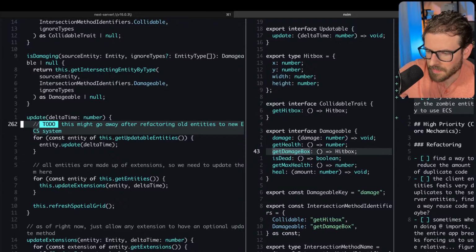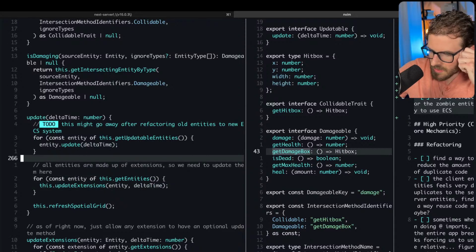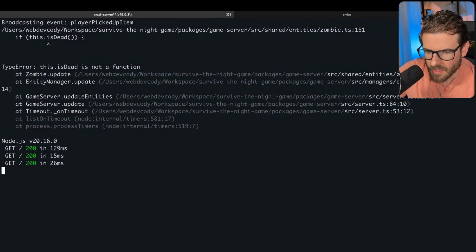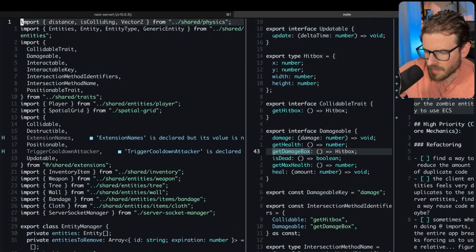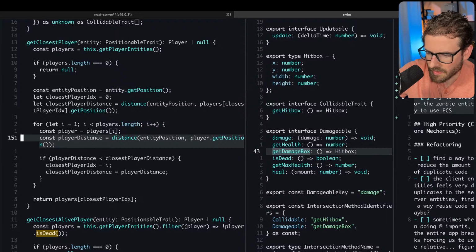Okay, so get updatable entities loops through them and updates them. So I think what's happening is there's probably zombie line 151. Okay, here we go. Why would that be failing?